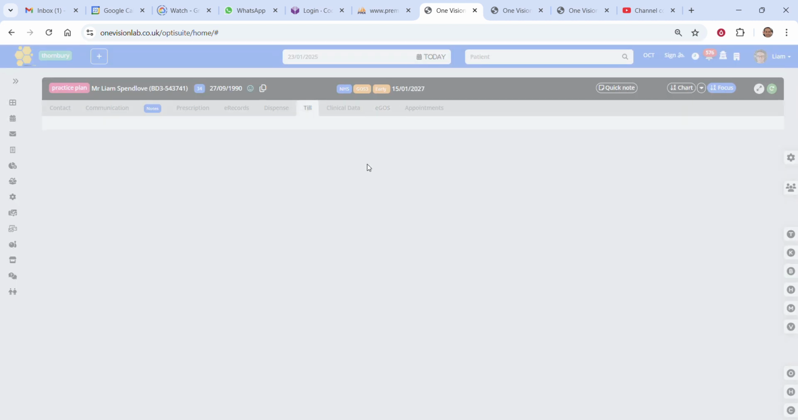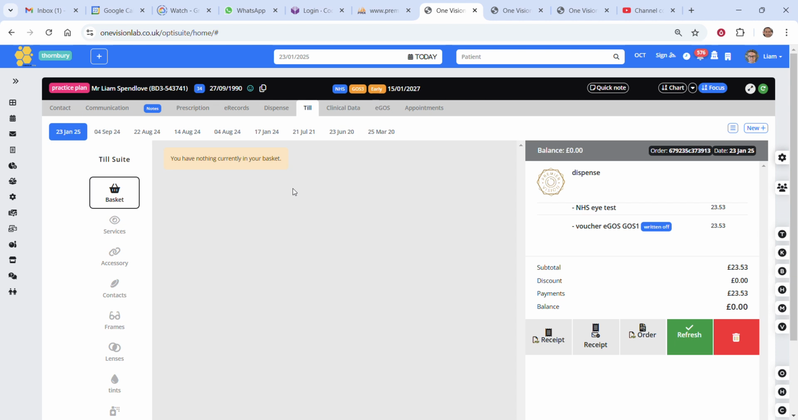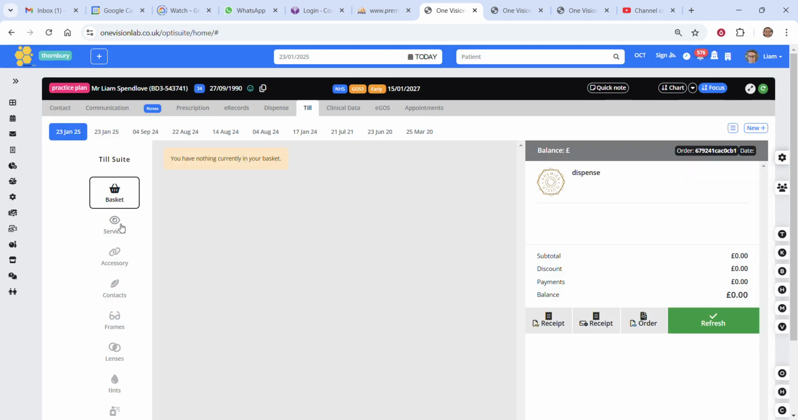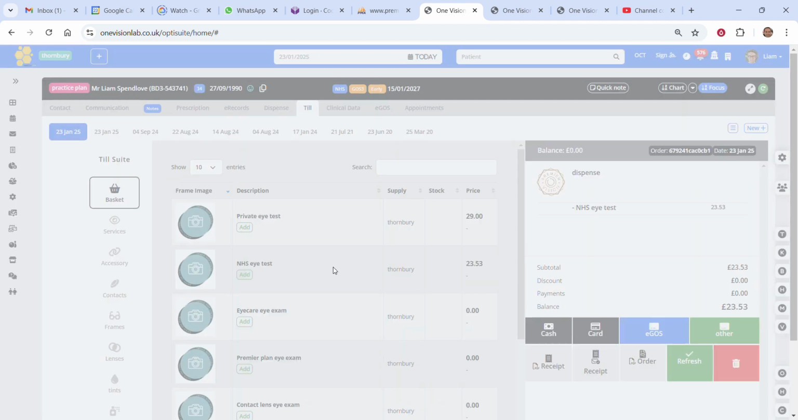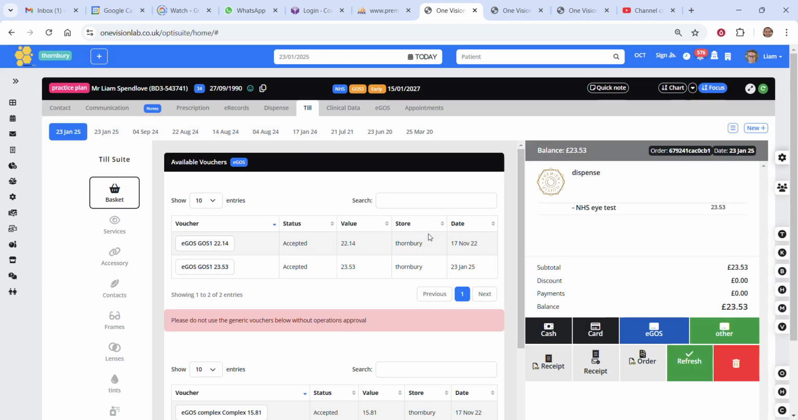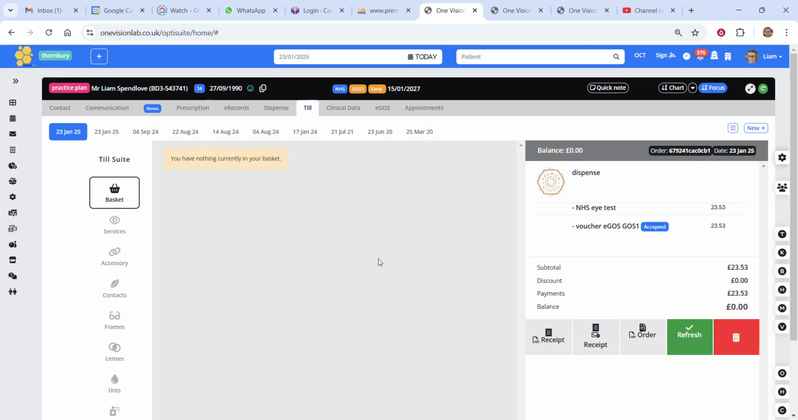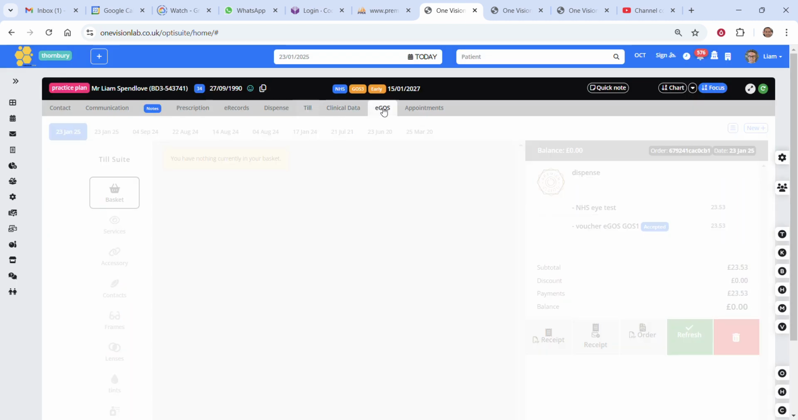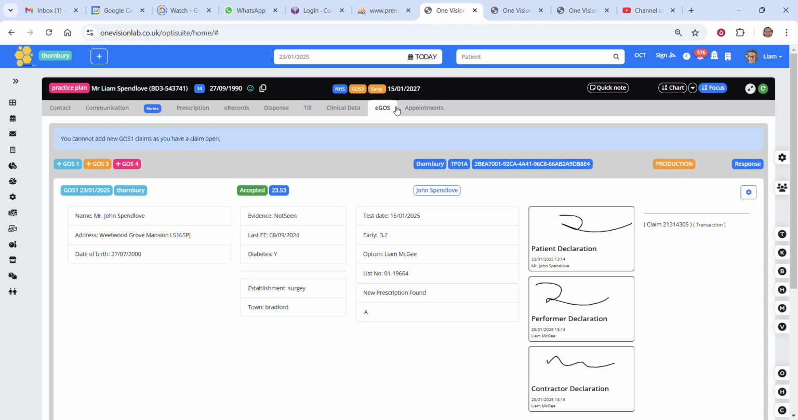If we go to the till, and we can create a new transaction today, and we'll put the eye test on. And under eGOS we'll then have a voucher that is there ready to use, and that's our one from today to use, and then that's balanced. Go back to the eGOS tab. If you refresh it, right click on the eGOS tab or refresh it. You've now got this little supermarket trolley which locks the eGOS claim and effectively means that you're tied to that